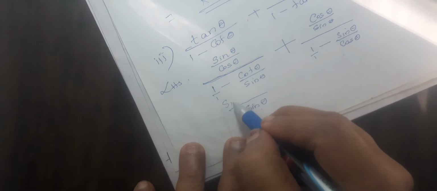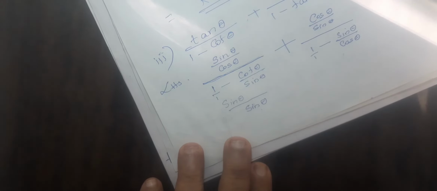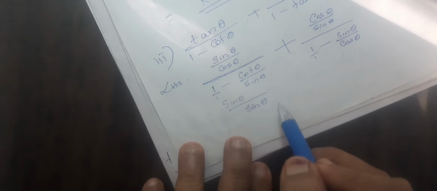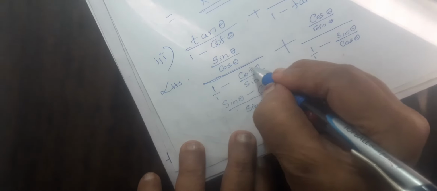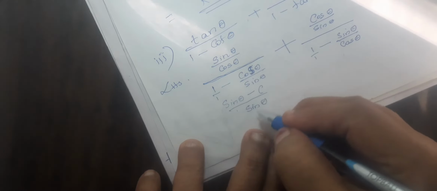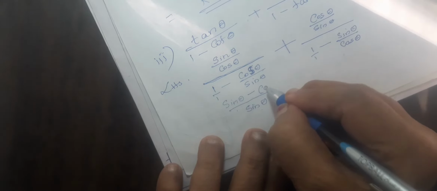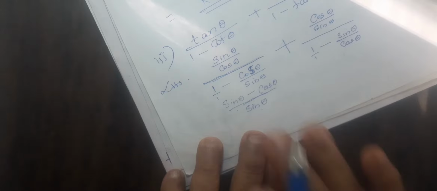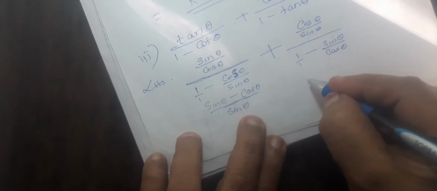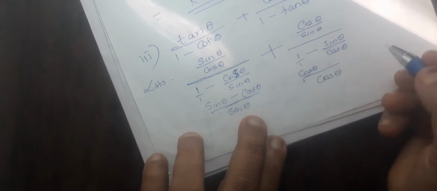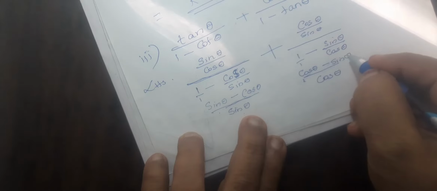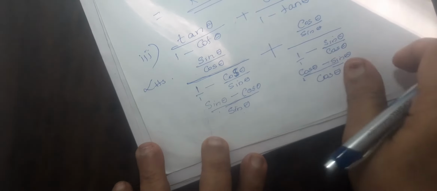So sin theta means, again I will get sin theta on top also. Why? Because this does not cancel. So sin theta into 1 is sin theta. Minus sin theta will cancel here, I have to write cos, so sin theta will cancel. So I get cos theta here. Here also I am going to take the LCM cos theta, so I will get cos theta minus sin theta. As we go on working out, you will understand it very well. Now I am going to continue here.